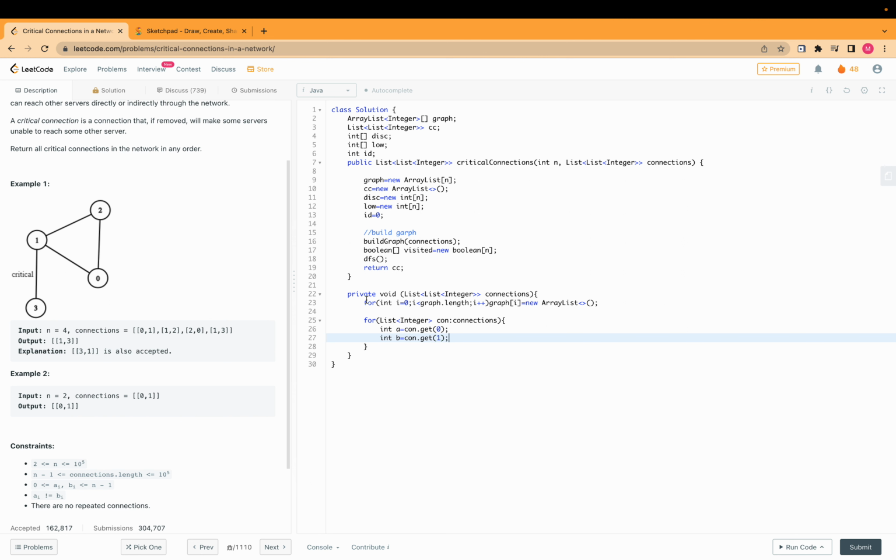I mean at 0 we will get this node, and at 1 we will get this node. And as it is an undirected graph, in a we will add node b, and from b we will make an edge to node a, and this is where our graph is built. Okay,